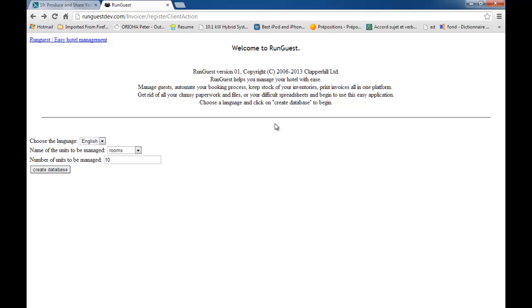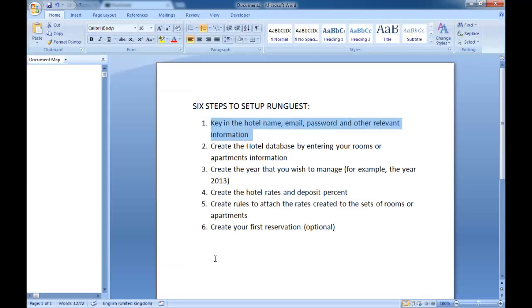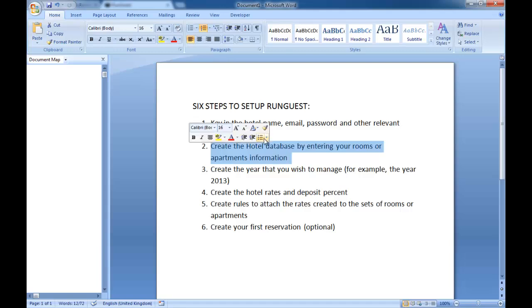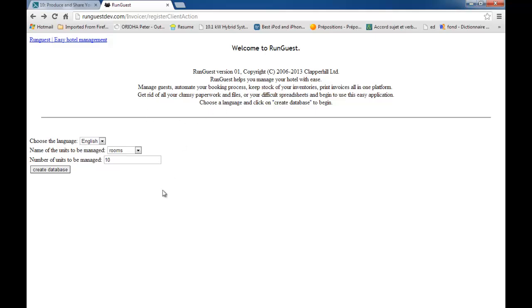The next page is where we get to the second step of creating the hotel database, basically your rooms. Here we will use 10 rooms. We assume our hotel has 10 rooms. If your hotel has 100 rooms, you simply put 100 rooms. If it's 50 rooms, you change it to 50 rooms. But we'll be sticking to just 10 rooms. So we click on create database, and it takes us to